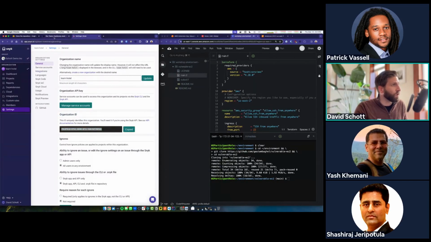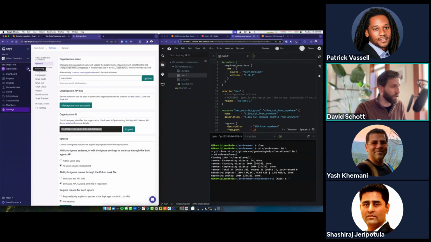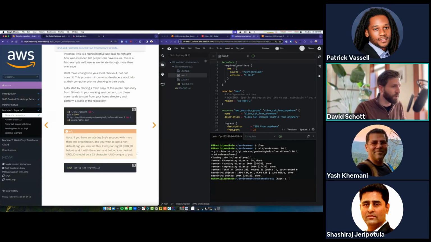So I'm going to go ahead and run that command to make sure that my Snyk CLI is using this organization that I wish. Most of you probably don't need to do that, but I'm going to go ahead and do that. So what was the command again? Snyk config set org equal to that. There we go, org updated. Okay.